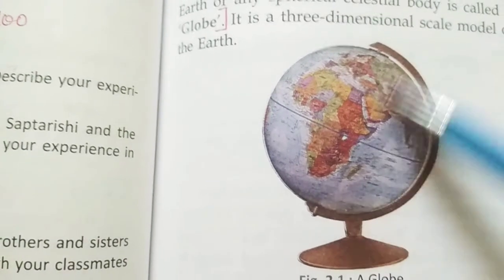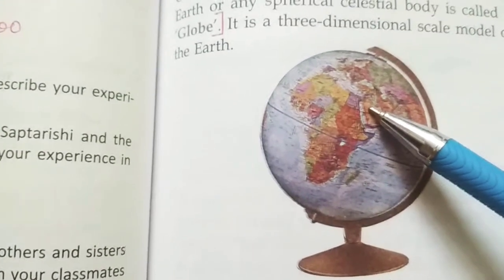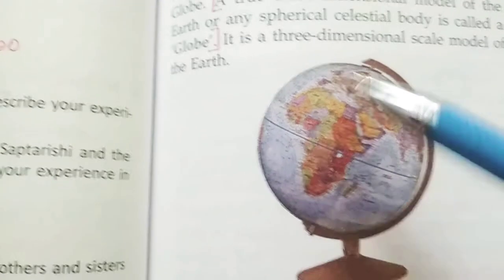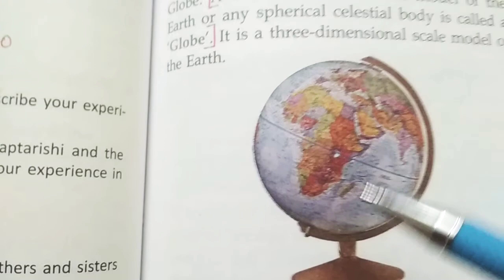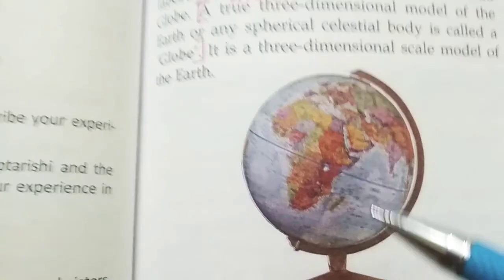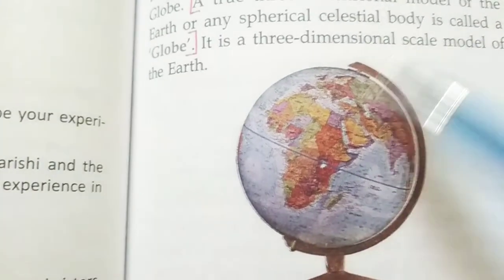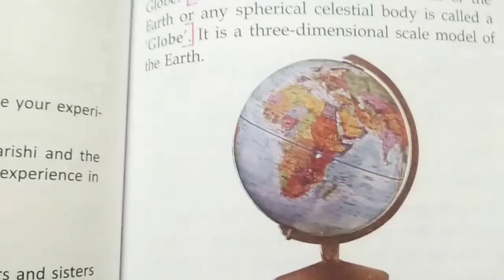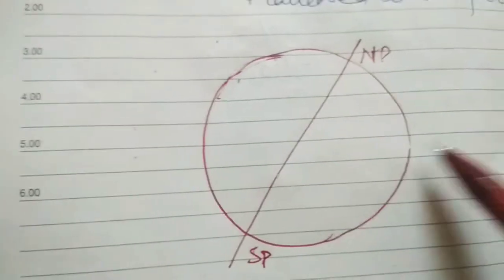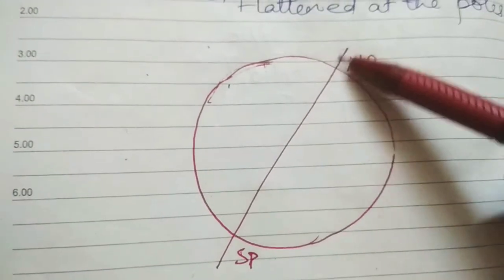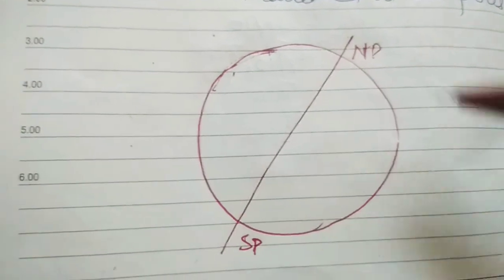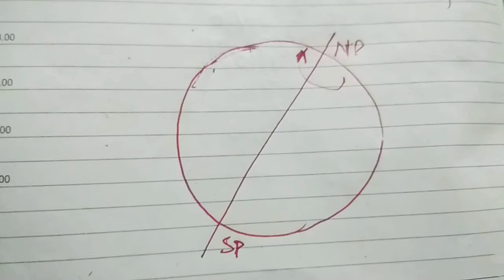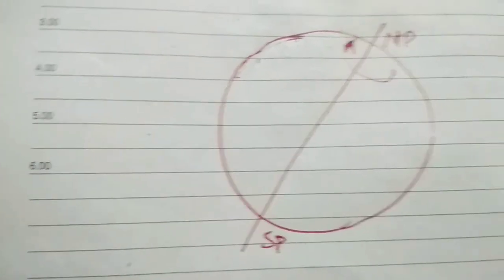That means the Earth is slightly tilted on an axis, and the imaginary line on which the Earth rotates, spinning around and completing the rotation, is slightly tilted. It is not just vertical, it is slightly tilted. If you see this picture which I have drawn, the axis is slightly tilted and the Earth is spinning. It is spinning continuously. Clear? And that spinning of the Earth on its axis is called